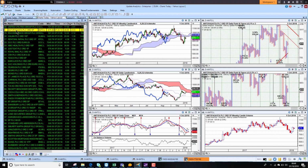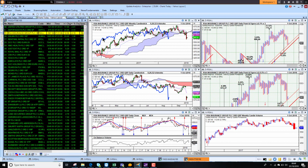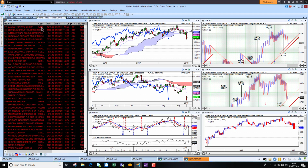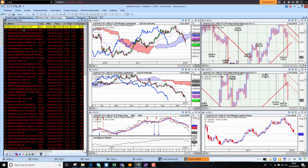Antofagasta looking worrying as well. Royal Sun Alliance fell heavily last week, recovering a little bit this morning, but this does look like the beginning of a trend change where we've had a bullish trend and now we're coming into bearish territory, so that's quite key. Looking at the fallers on the FTSE, EasyJet down some 5% this morning, sinking lower,